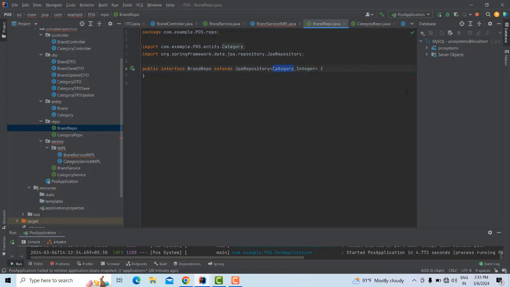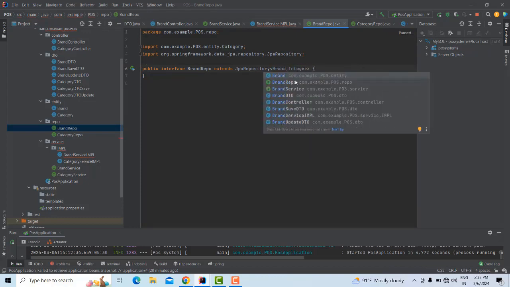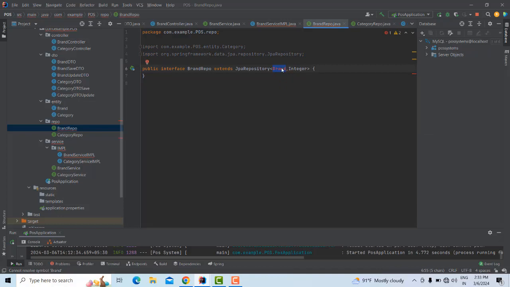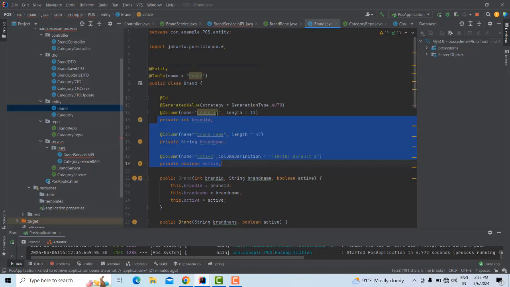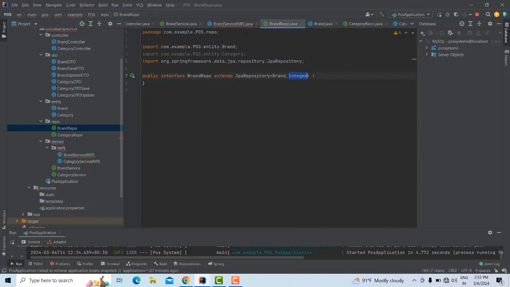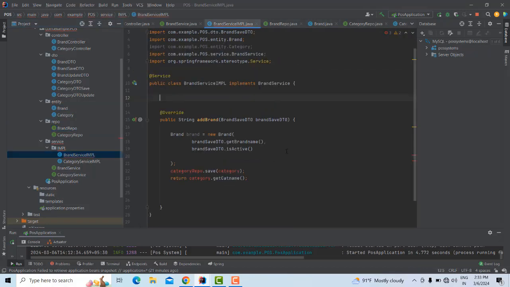So this one should be the brand. All the CRUD operations are managed by this one. Press the enter key to implement your brand. This brand means this is the entity, the brand entity. This is the integer, meaning the primary key. Whatever the type of the primary key field is, if it's a long, you have to implement it here as long. I have written it's an integer, so that is integer. Perfect. After that, what you're going to do is you have to